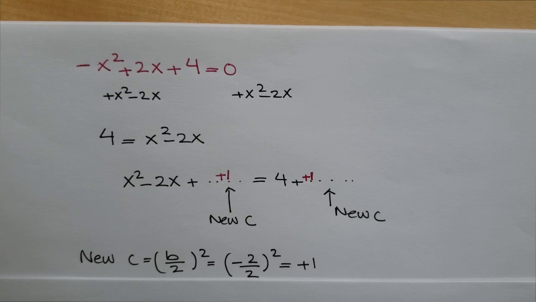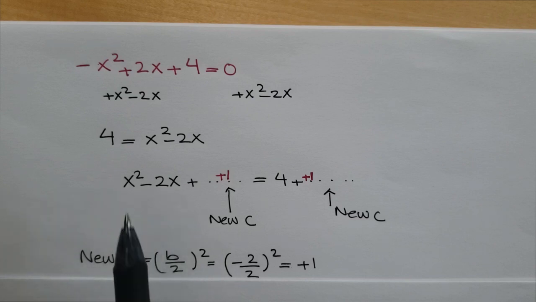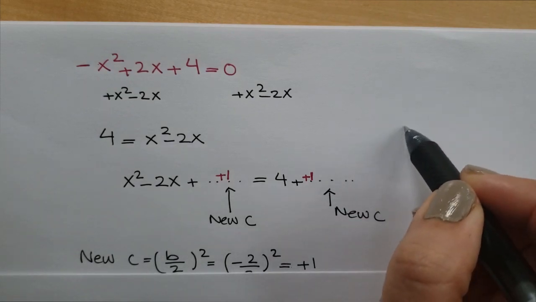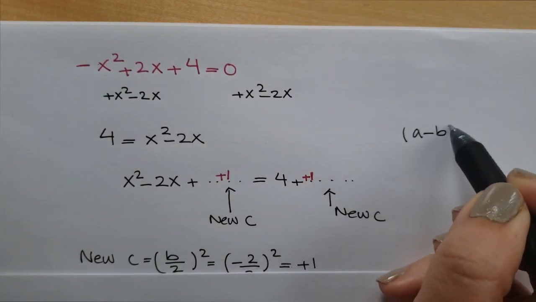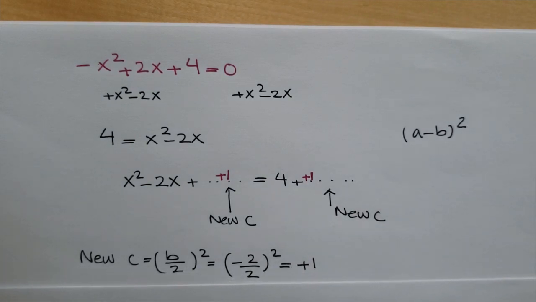One of them was a plus b, the other one was a minus b. So try to think about it. Whenever the b is negative, this is the formula you have to use, a minus b to the power 2. Okay, so here, after you find the c, which is plus 1, the new c value,